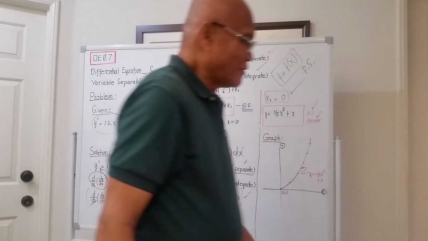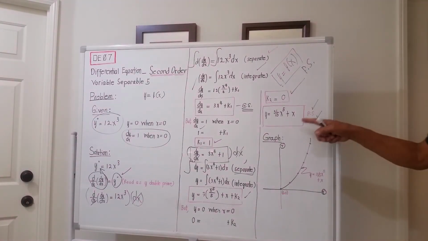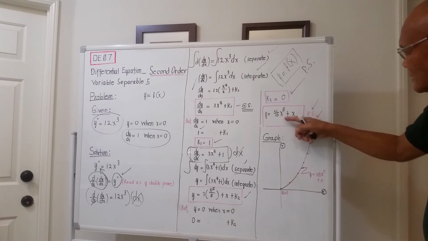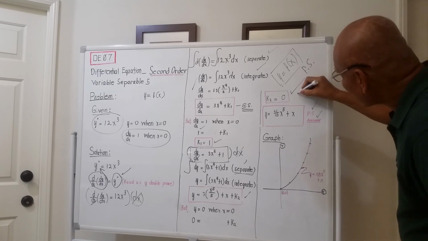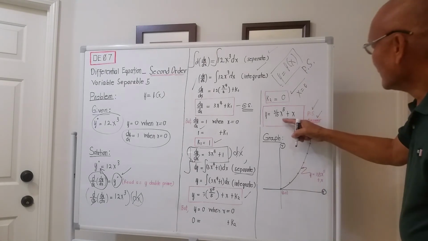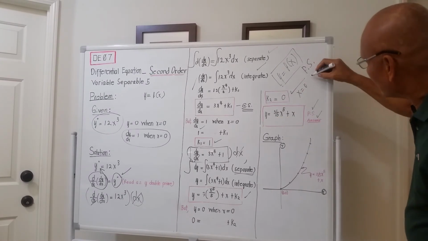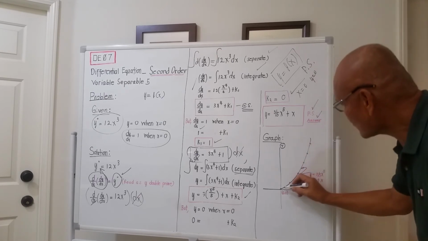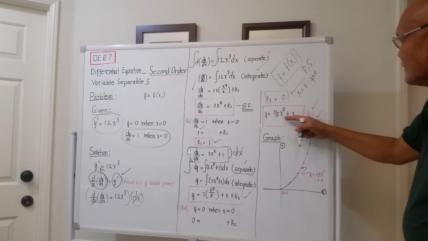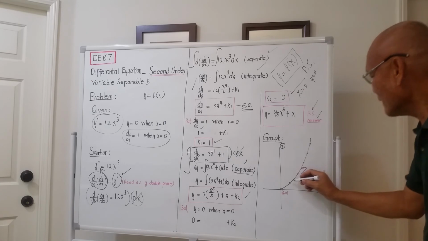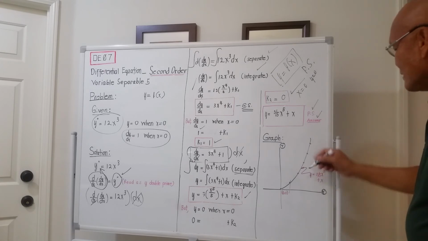How about the graph of this one? If you could plot your graph, no problem. It's easy. Assume a value of x. If the value of x is 0, this will become 0, this is 0. So when x is 0, y is 0. Try to increase the value of x. If x is 1, the value of y will be greater than 1, maybe here. At x equal to 1. When x is equal to 2,